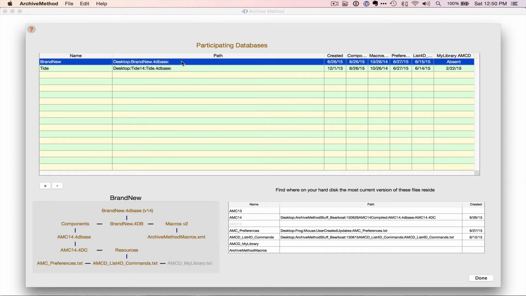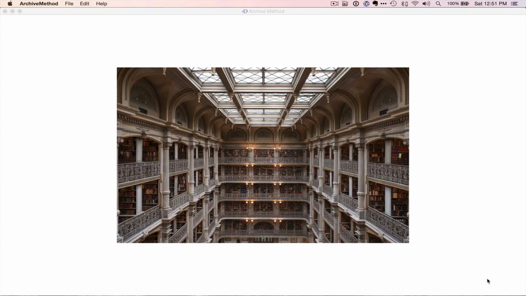And now we'll go back and look at the participating databases. And if I look at the brand new database, I now see that the AMC preference file is in place. This was all done automatically by ArchiveMethod and is somewhat of a convenience. So this is simply a description of how you can use ArchiveMethod to help deal with the problem of placing files in the appropriate locations. If I go to other functions,